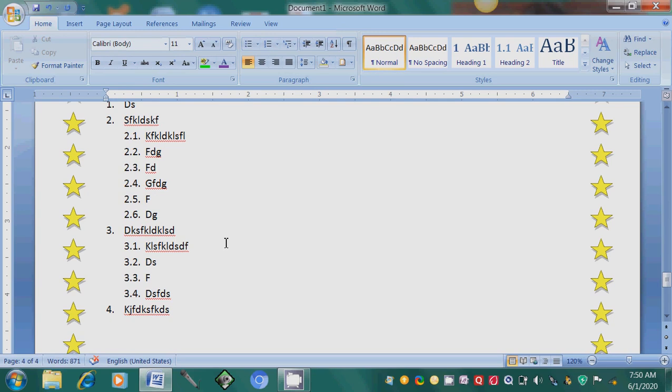So what we have discussed today: paragraph group of the Home tab, all options of paragraph groups, different bullets, numberings, multi-level list, increase indent, decrease indent, sorting, paragraph marks, alignments, left, right, center, justify, force justify, line spacing, paragraph shading, paragraph border, page border, horizontal lines. This way we have discussed.